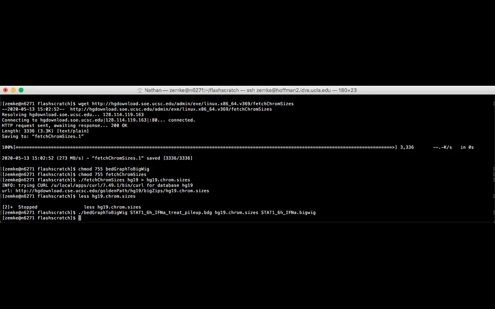Oh, that finished. It's a lot quicker than the bed graph to wig. So now I need to do it again with the input. So I just pressed up to retrieve the last command I entered. I'm editing the text to input. And then instead of inputting the CHIP file, I want to input the input bed graph. Control and